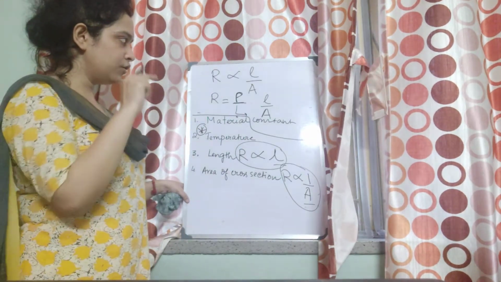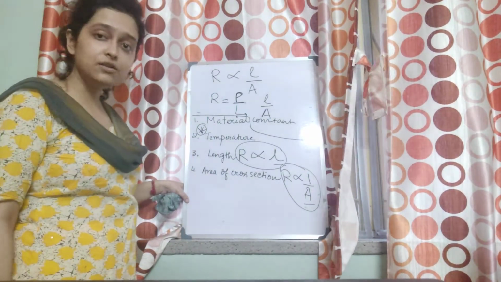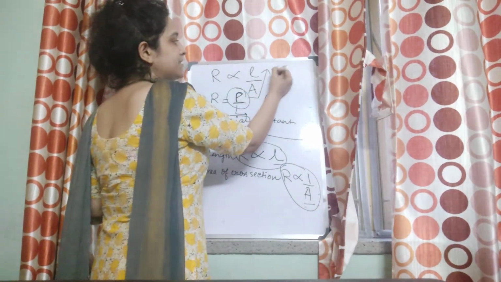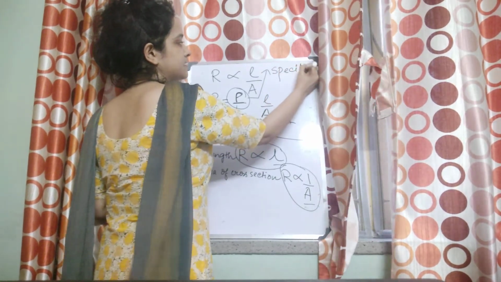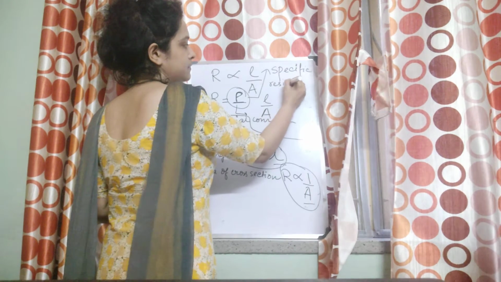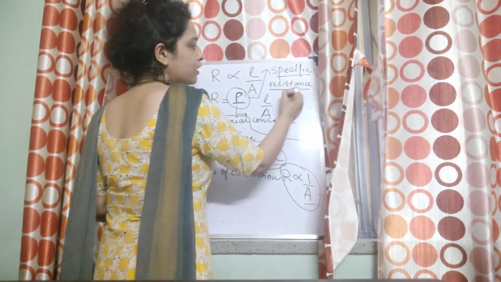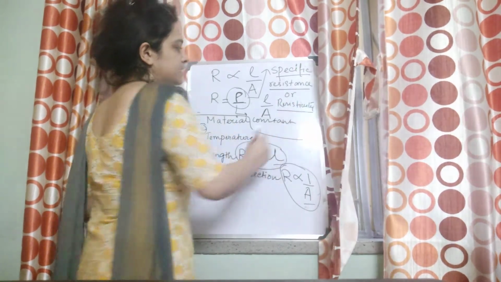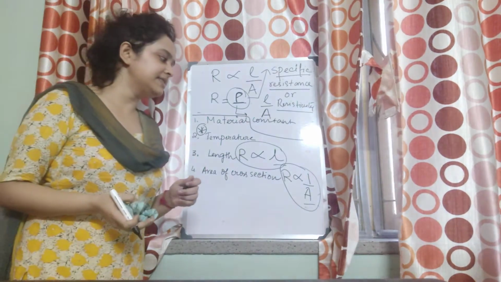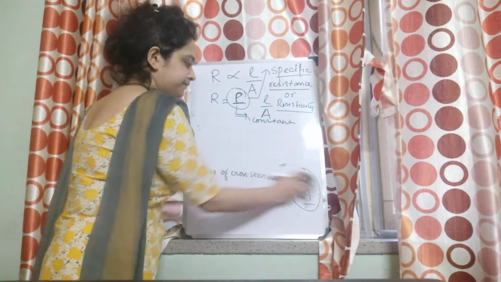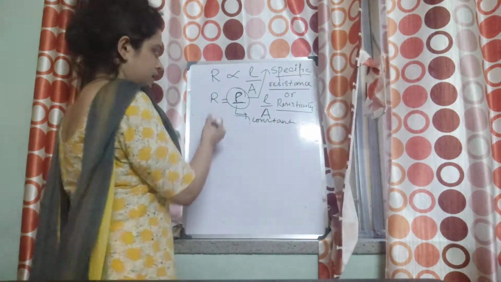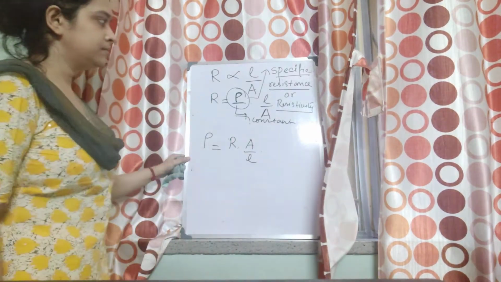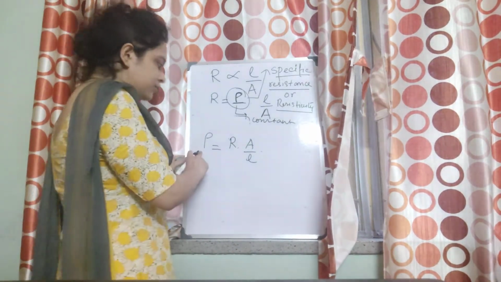is denoted by rho. What is this constant called? This constant is nothing but specific resistance, or resistivity. Specific resistance or resistivity. That means rho equal to R into A by L. Okay? So can I write